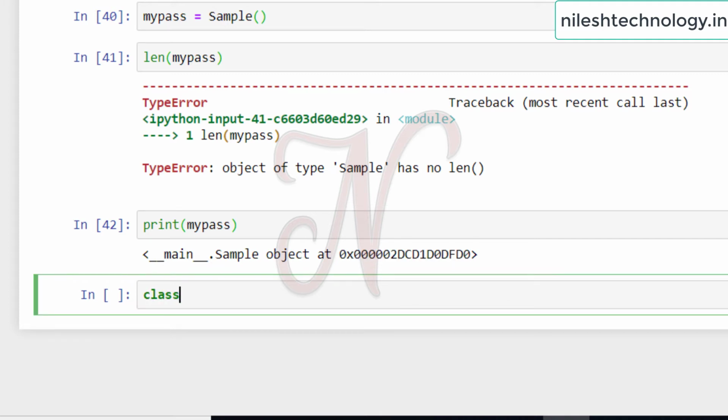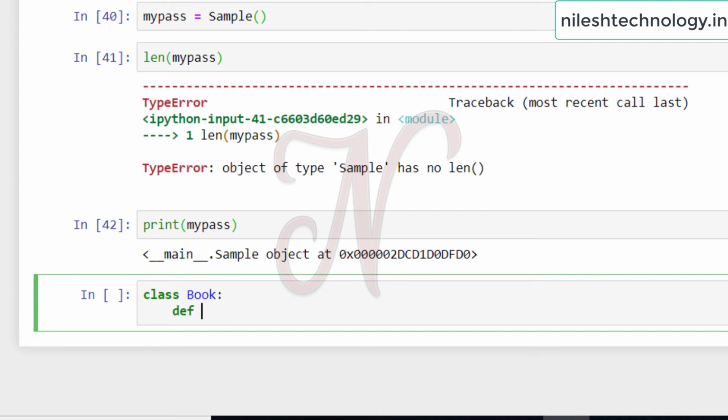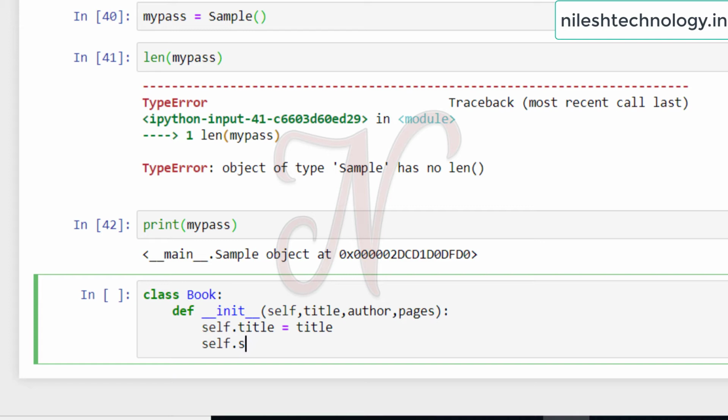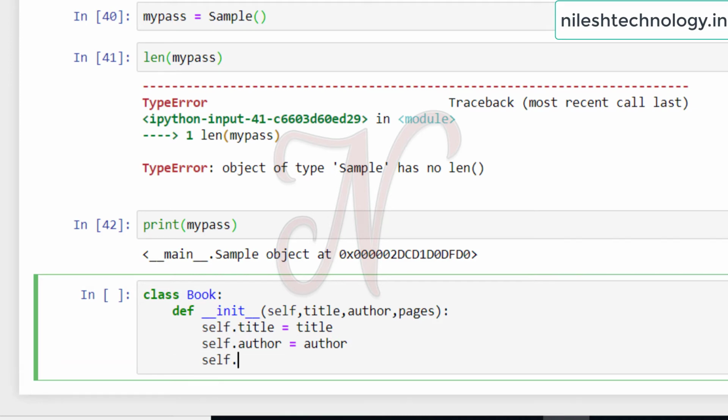My class name is Book. Then there is an init method, with parameters self, title, author, and pages. So self.title is equal to title, self.author is equal to author, and self.pages is equal to pages.